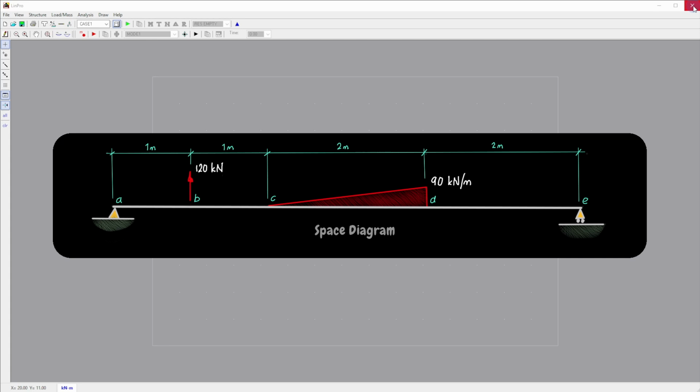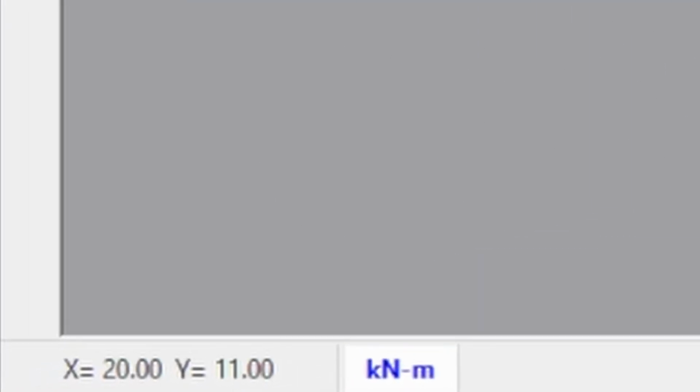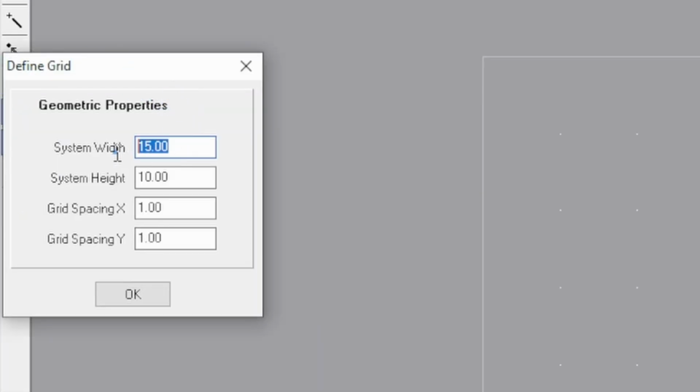LinPro offers both keyboard and graphical input capabilities. We will use graphical input where possible, as it's quicker and less error prone. Start by considering the units to be used. LinPro's default units are kilonewtons and meters, and these happen to coincide with the units used for the hand calculations, so leave the units as they are. Next, define the grid. Click the grid button to open the grid dialog box. The beam is 6 meters long, so set the width of the grid to 6 meters and set the height to 2 meters. Leave the grid spacing at 1 meter